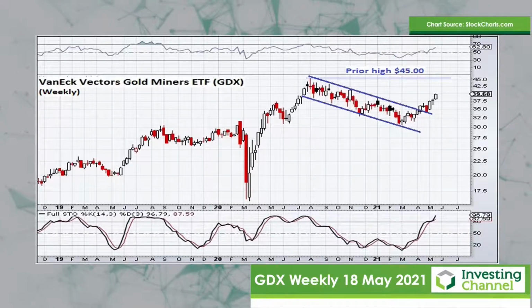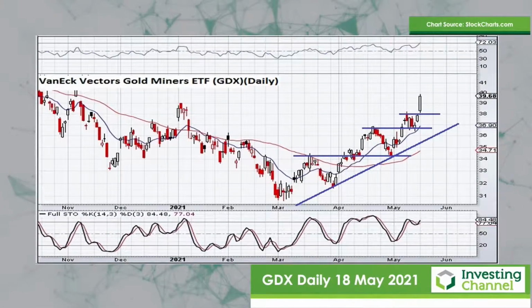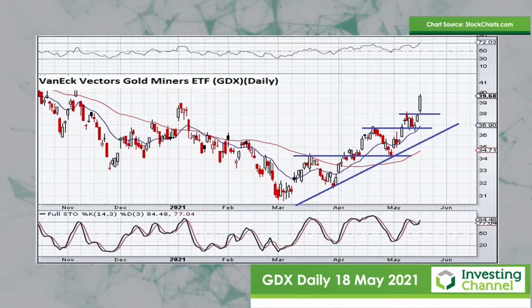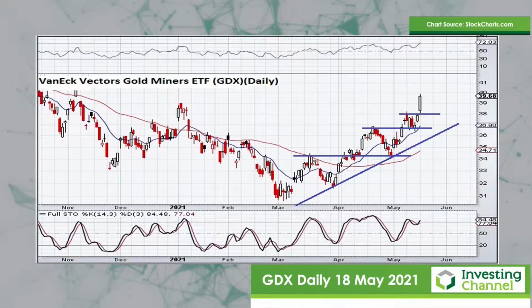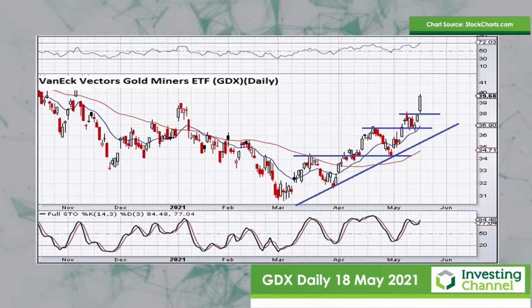And the last chart that I'm showing here is, again, the GDX ETF, and it's just a daily chart in this case. So it's zooming in on the more recent trading action for 2021. What you can see there is that this ETF has come out of a nice base pattern. It's now beginning to make higher lows and higher highs. And each time this price has consolidated and pulled back into support, it seems as if buyers have emerged at the support level.